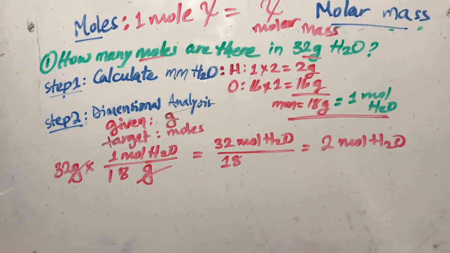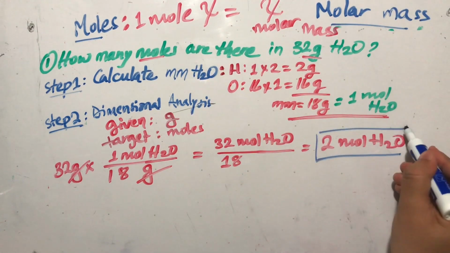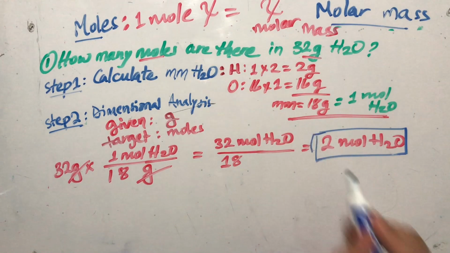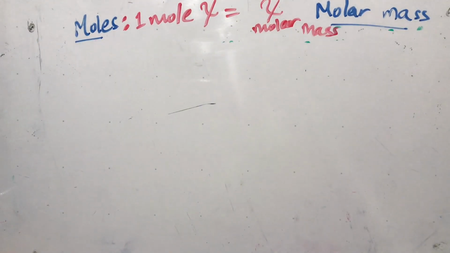So that's our final answer. There are 2 moles of H2O in 32 grams of H2O. Let me give you a slightly complicated one. Let's say I ask you how many molecules are present in 171 grams of this big compound